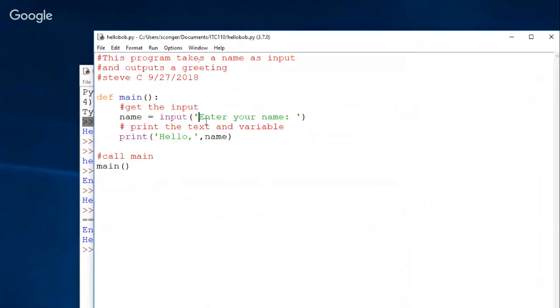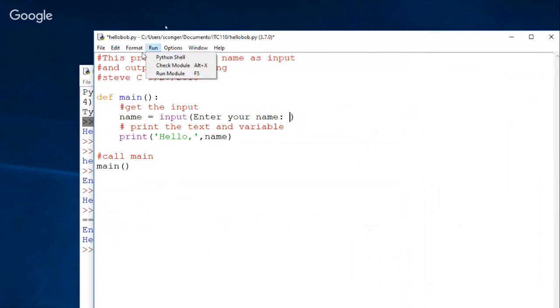Let's just take the quotes off of this. All right, so it's no longer a literal string, and it's going to be confused because if it isn't in quotes, then it assumes it's some kind of variable or command, right? And when I run it,